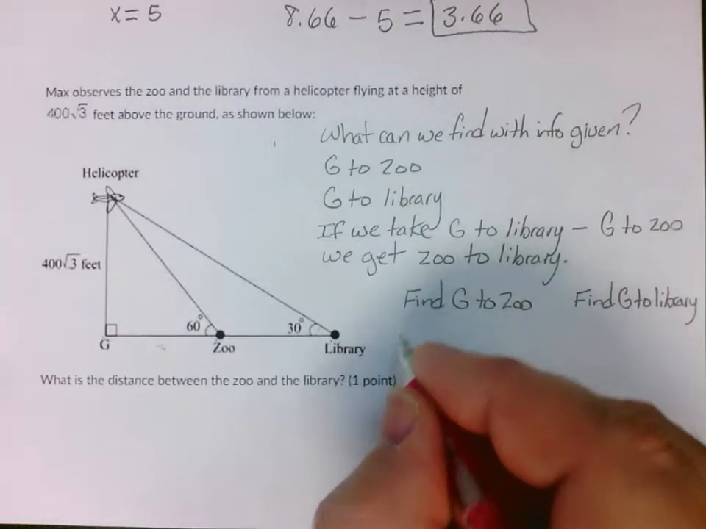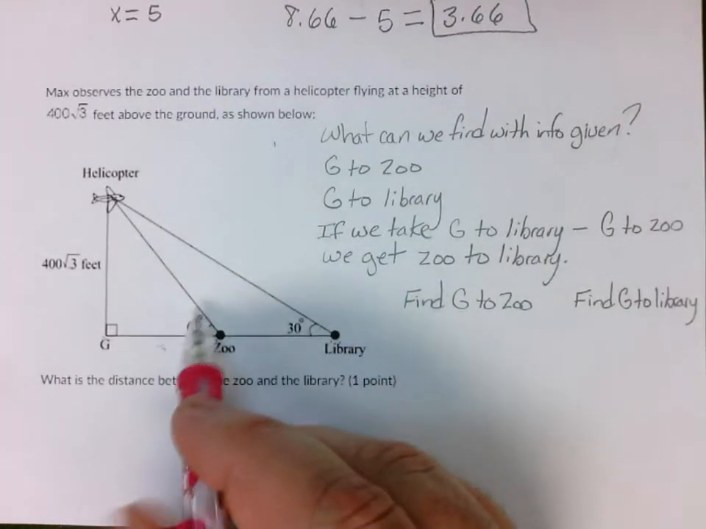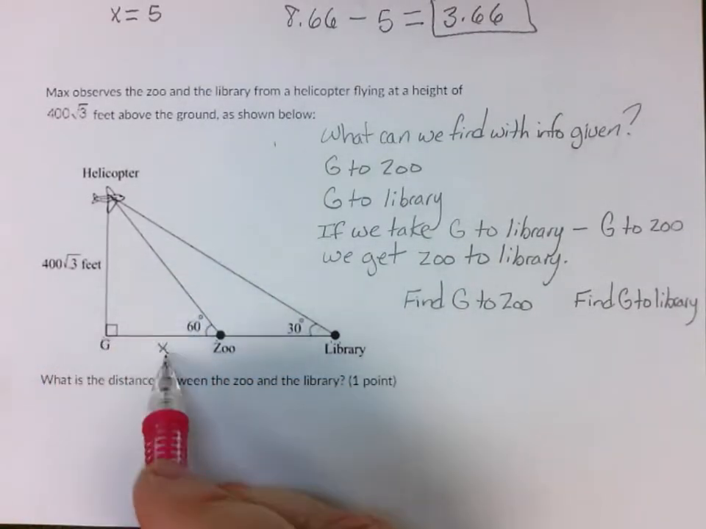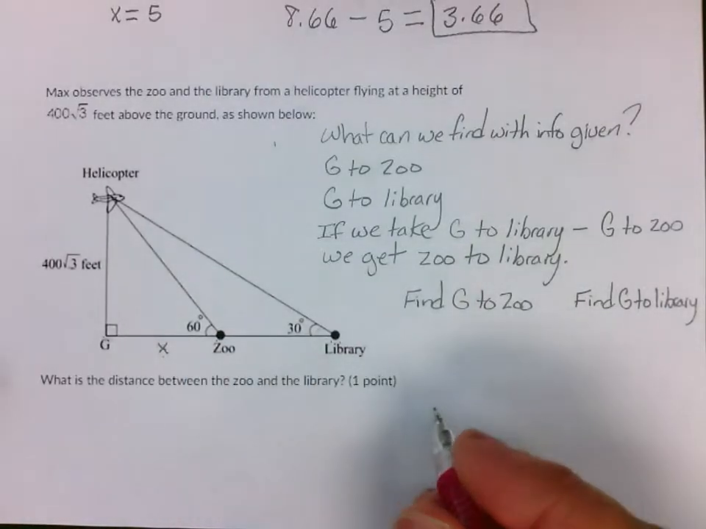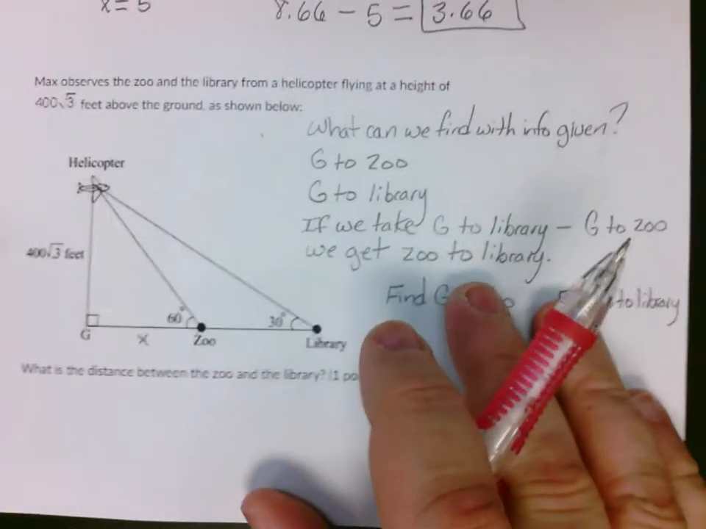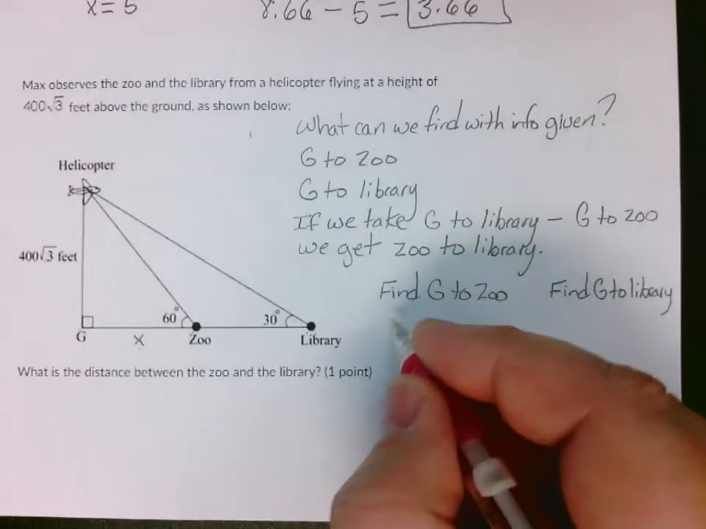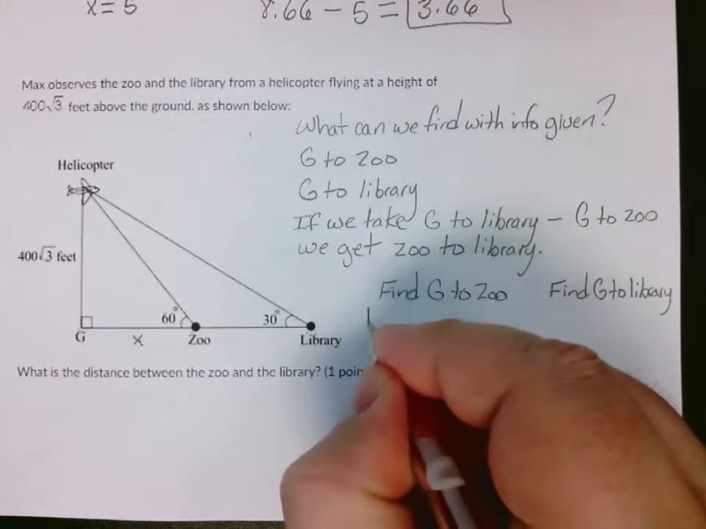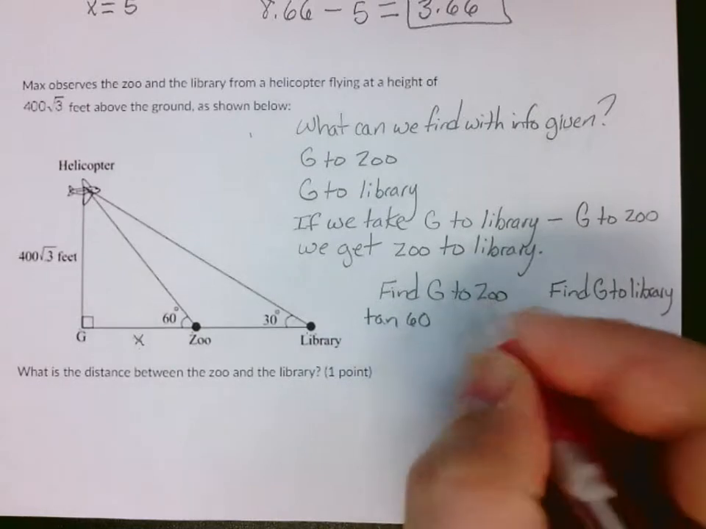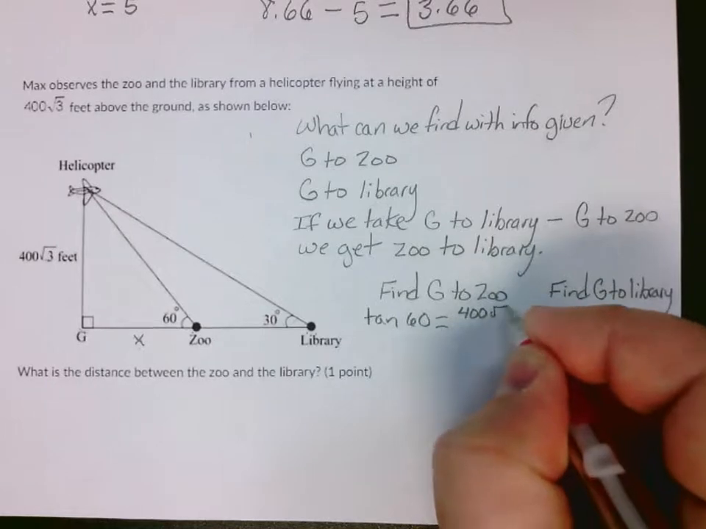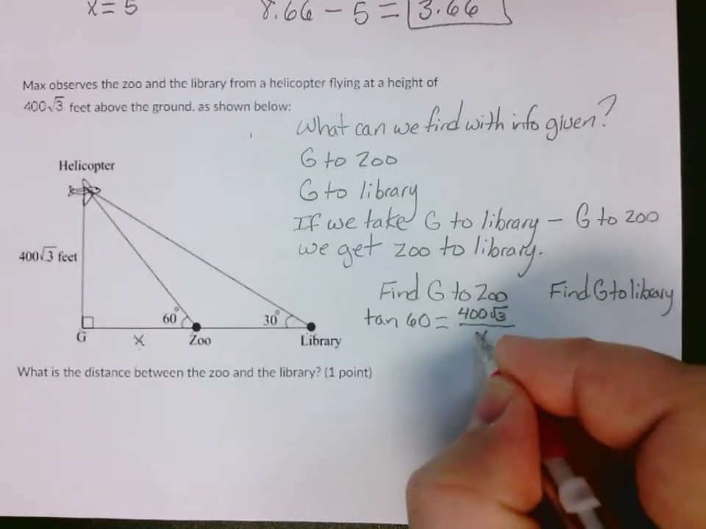Okay, so if we find g to the zoo here, we're going to do, again, what information? I need this. So if I got opposite over adjacent, so once again, it's tangent again. Okay, so opposite, if we go back up here and look, opposite over adjacent. So that's tangent I'm going to use. You use the information given. Okay, so we're going to go, this is g to the zoo, so we're going to go tangent of 60 equals opposite, which is 400 square root of 3 all over x, because that's what we're trying